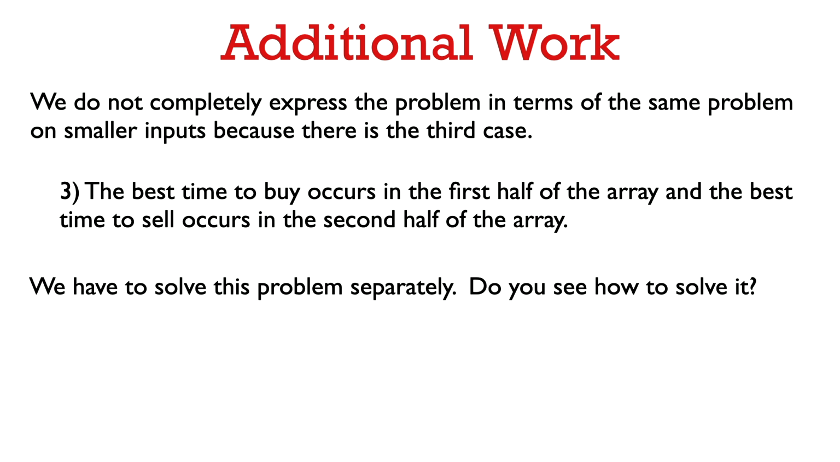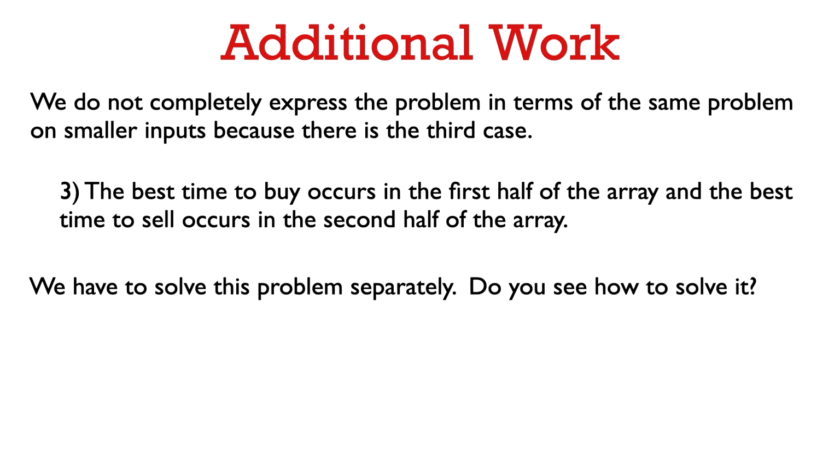Usually in divide and conquer, there is some extra work that needs to be done in addition to solving the subproblems. In our example, this extra work arises because of the third possibility, that the best time to buy occurs in the first half of the array and the best time to sell occurs in the second half. But this is actually an easier version of the original problem because this extra information already takes care of